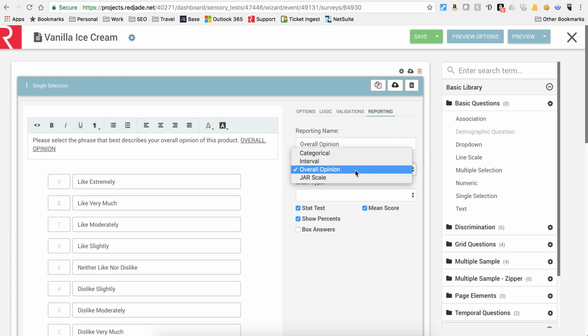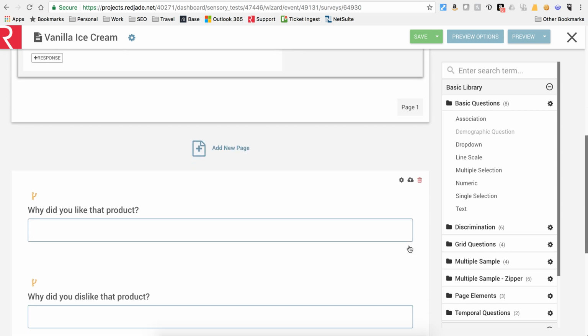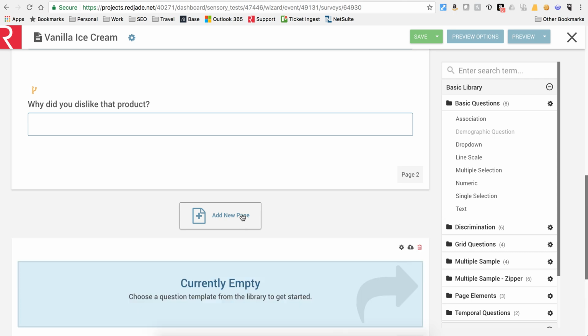We go ahead and take the extra step of classifying it as an overall opinion scale, which allows us to run penalty analysis on this question versus all of our just about right questions. So let's go ahead and add a couple of those. So we might add something like